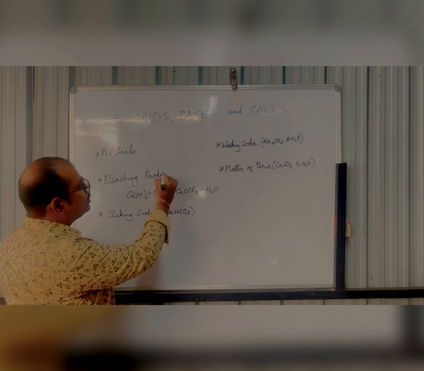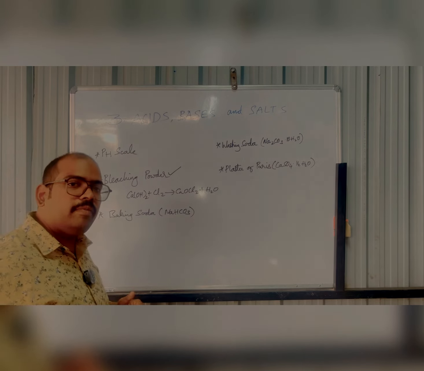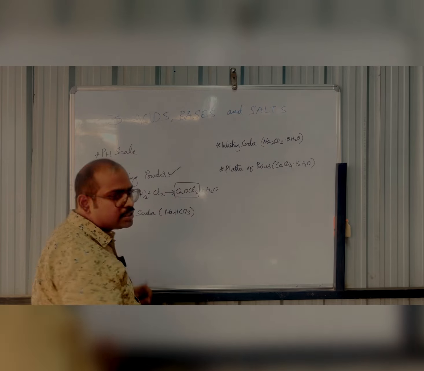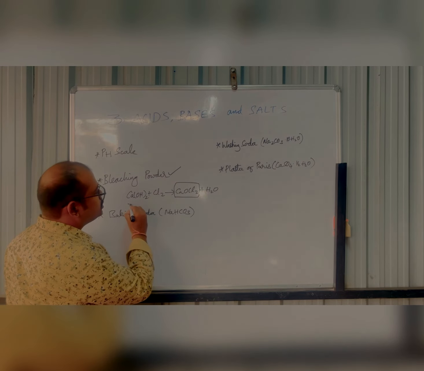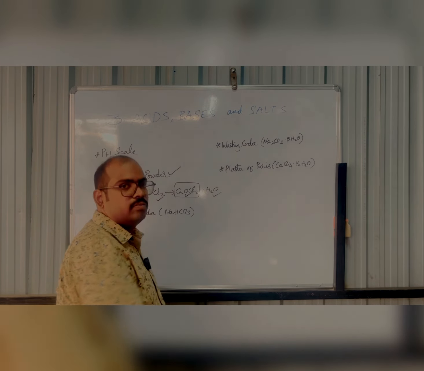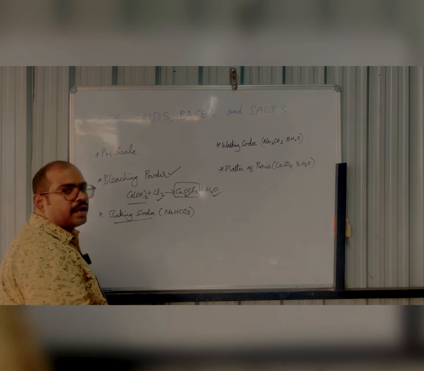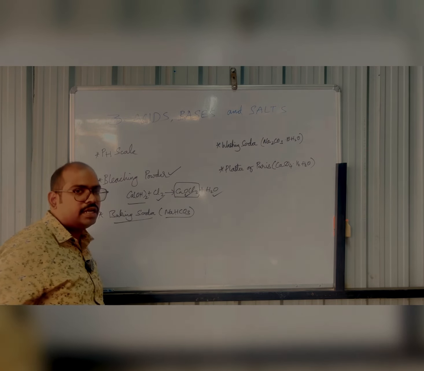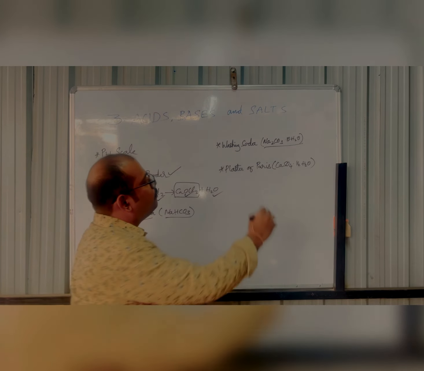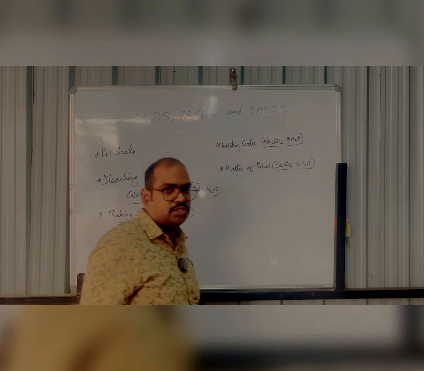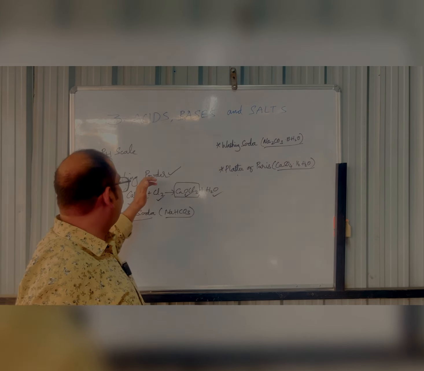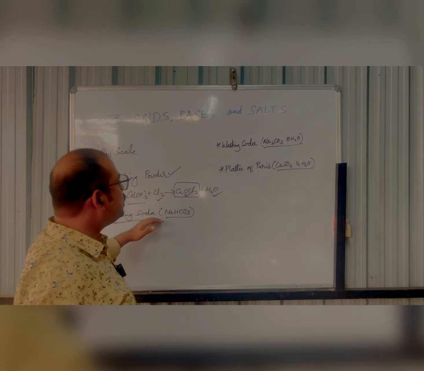So let us see about the bleaching powder. Okay, remember the chemical formula. So bleaching powder chemical formula is CaOCl2. The reaction is Ca(OH)2 reacts with chlorine to give CaOCl2 plus H2O. And then baking soda, the chemical formula is NaHCO3, and then washing soda Na2CO3.10H2O, and then plaster of Paris CaSO4.½H2O. So just remember the chemical formula of these